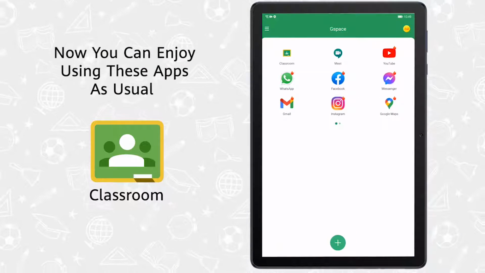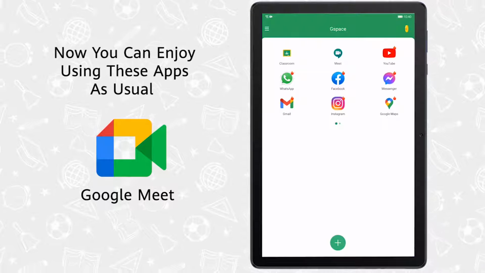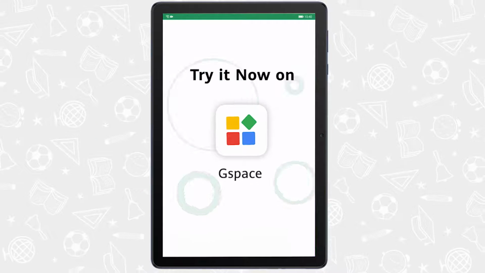Now you can enjoy using Google Classroom and Google Meet apps on your Huawei tablet as usual by downloading Gspace